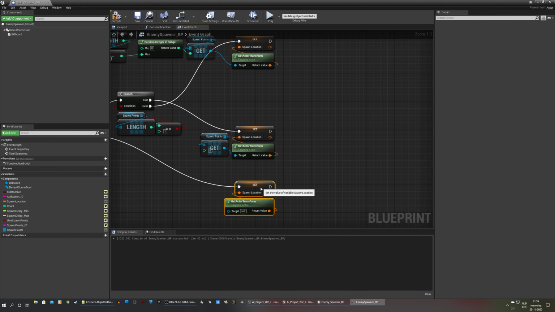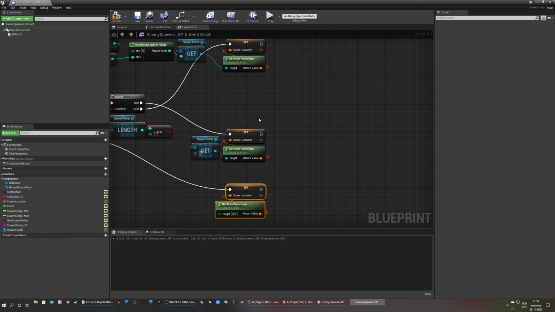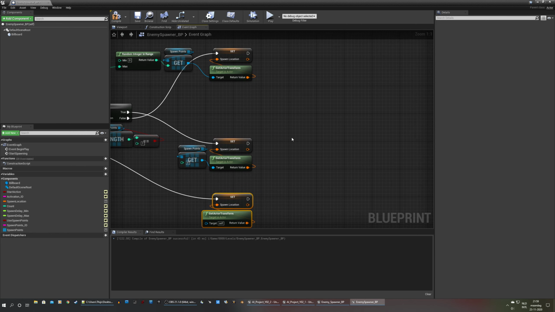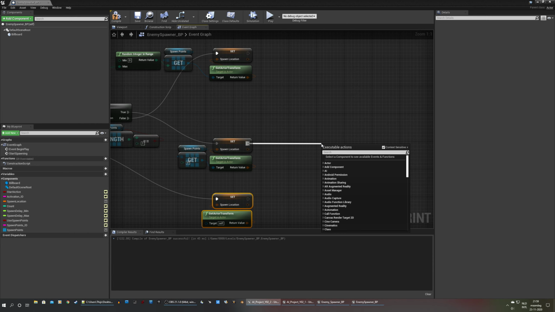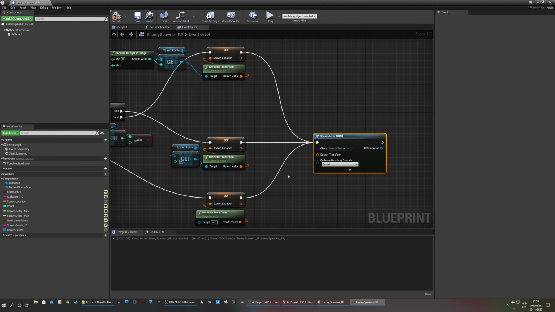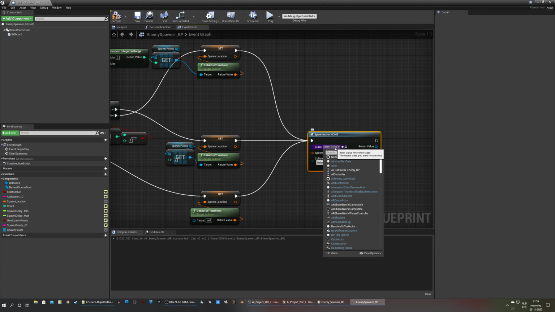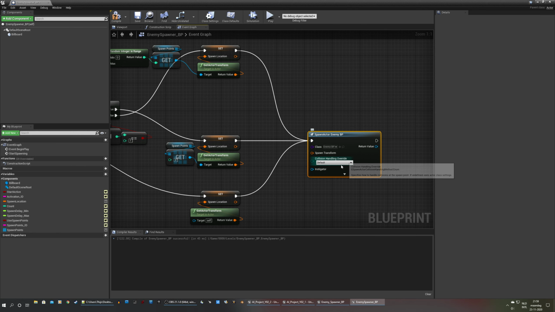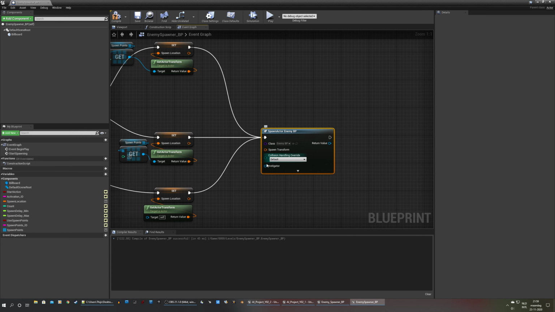So we got that set up, and we have our spawn location set. So now we're going to spawn the enemy, drag off here and look for spawn actor from class. And we are going to connect all 3 of these to this node. You want to spawn your enemy, so I'm going to select my enemy blueprint. And for the spawn transform,